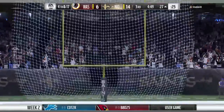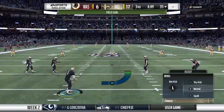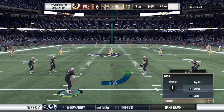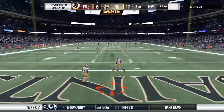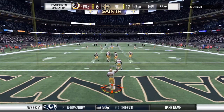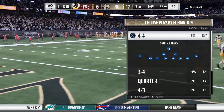And Hopkins' kick is good. And that will extend their lead here to 17-6. So he missed a field goal earlier, but he says not this time, and he's able to knock it through to give his guys 3. And that's all you want as a kicker, a chance to redeem yourself. You got to have a short memory if you're going to survive at this level, and he's able to get